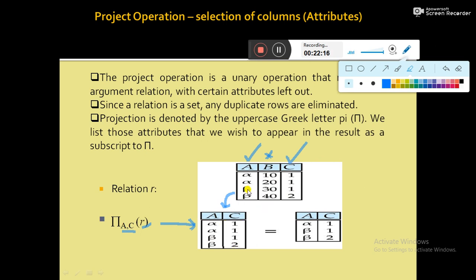So after projection operation we get another relation with a modified schema. What is the modified schema? Here the B attribute is not there, and it should not contain the duplicate rows. That is why alpha 1 is repeated, so the duplicate alpha 1 record is deleted and it should contain only one. Then beta 1, beta 2 are not redundant. So this is the ultimate relation we will get after this operation.